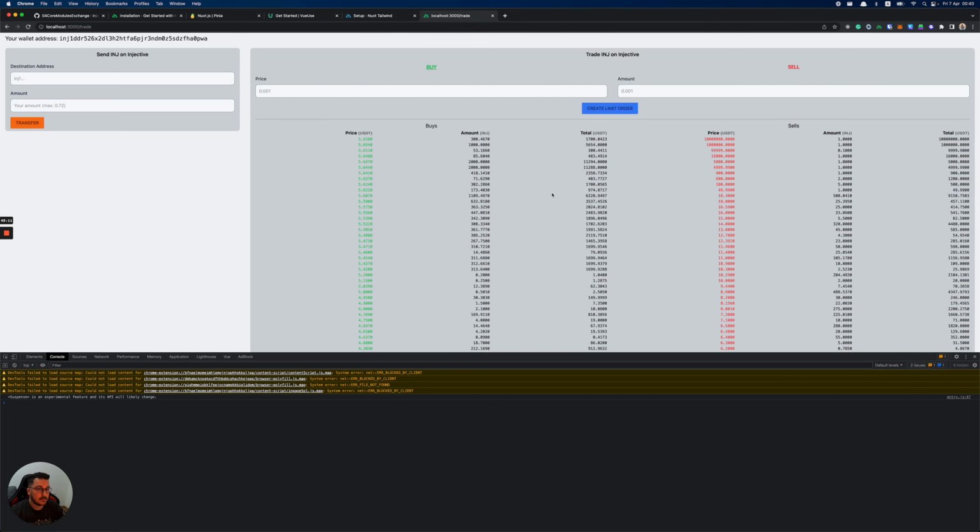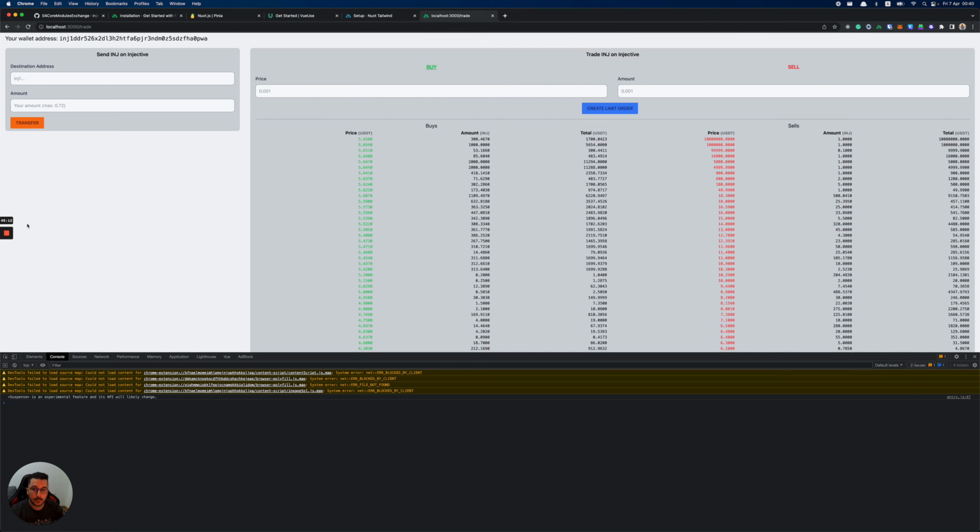Nice. So within 40 minutes, we've created a simple UI to fetch the order book of a market and allow the user to create a limit order. Obviously, this can be improved, but for Dexly it's enough, and just to show an example of how you can use the Injective TS packages and build a simple UI within 30 minutes. Okay, so now let's get back to the presentation,